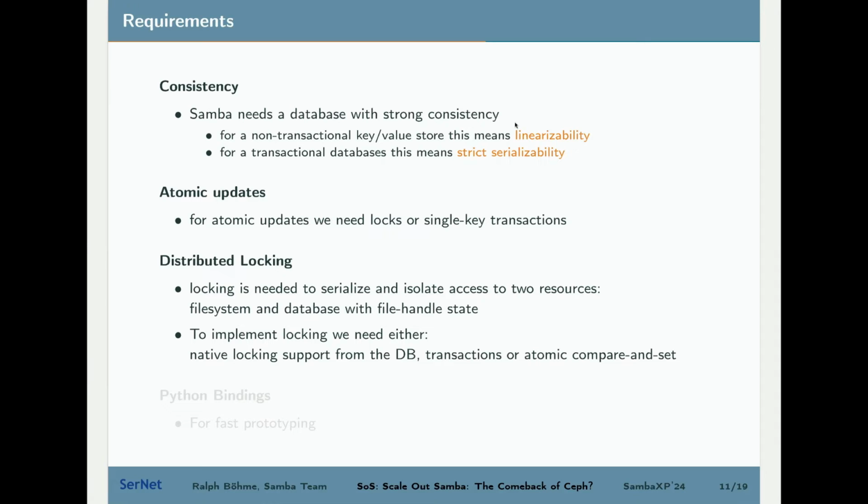So for example, when we create a file, we want this to appear externally as an atomic operation. When we store file handle state in a database and we actually create a file in the backing file system, this should ideally appear as an atomic operation to clients. One way we give this illusion is that all operations go serially via having to acquire a lock on the file associated database record.